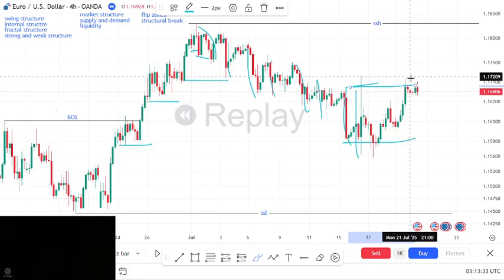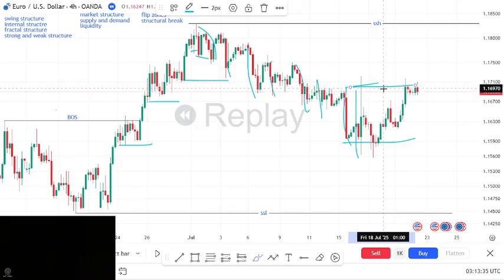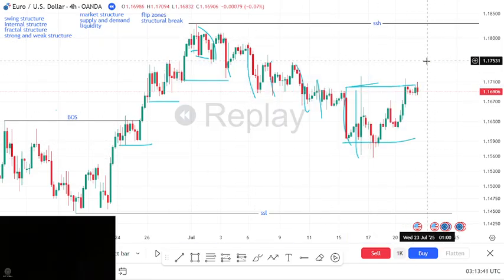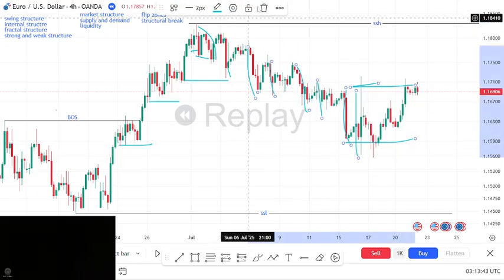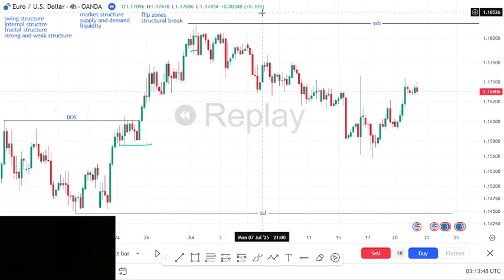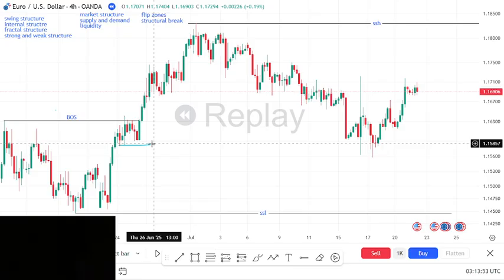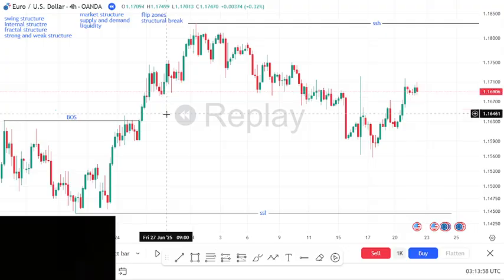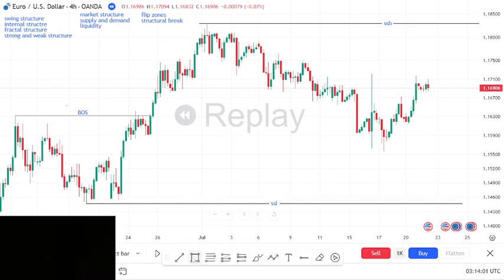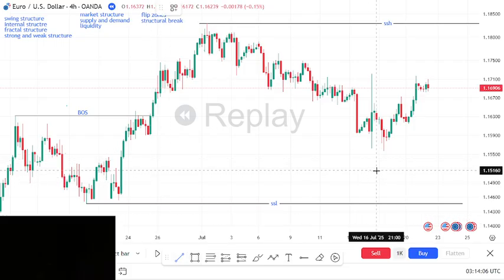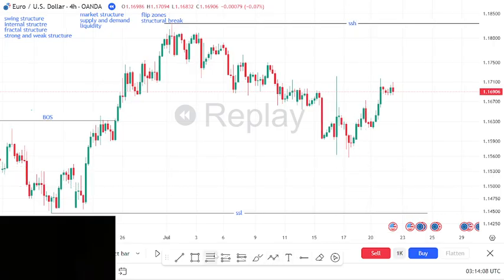Until price broke this structure. So if you watched videos before, it means you already have an idea as to what these fractal structures are, what internal structures are, and what the swing structures are, their job and things. Looking at this, I won't go much deeper. So now, when price is pulling back,